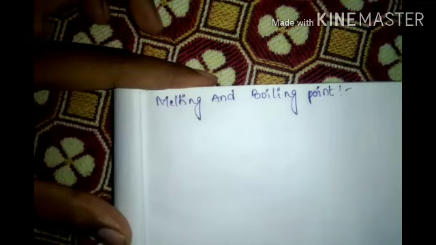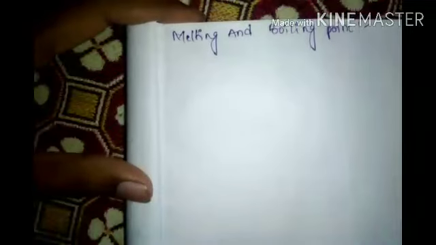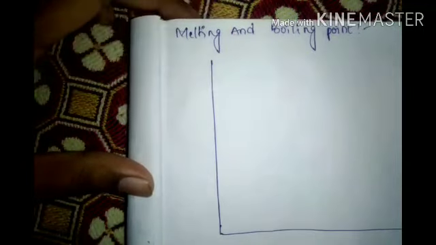Okay, now among the first transition series, second transition series and third transition series, which has the highest melting and boiling point metals? That is the third transition series. Third transition series means the 5D series is highest. In that also, which is very high? Now take a graph. MP and BP are almost the same.